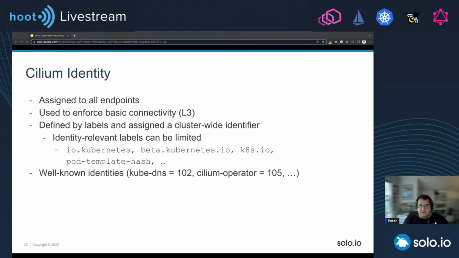But all this is, of course, customizable, so you can provide your own patterns for either excluding or including labels for identity purposes. On top of that, there are also some well-known identities for kube-dns, CoreDNS, Cilium operator, and so on. Some of those have numbers like 102, that's kube-dns, 105, that's Cilium operator, and so on.